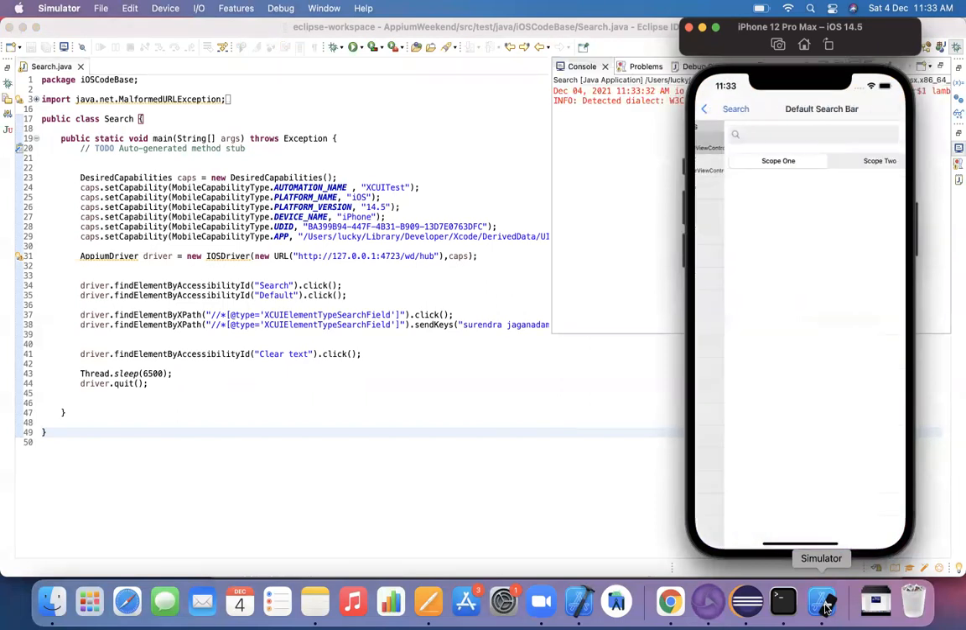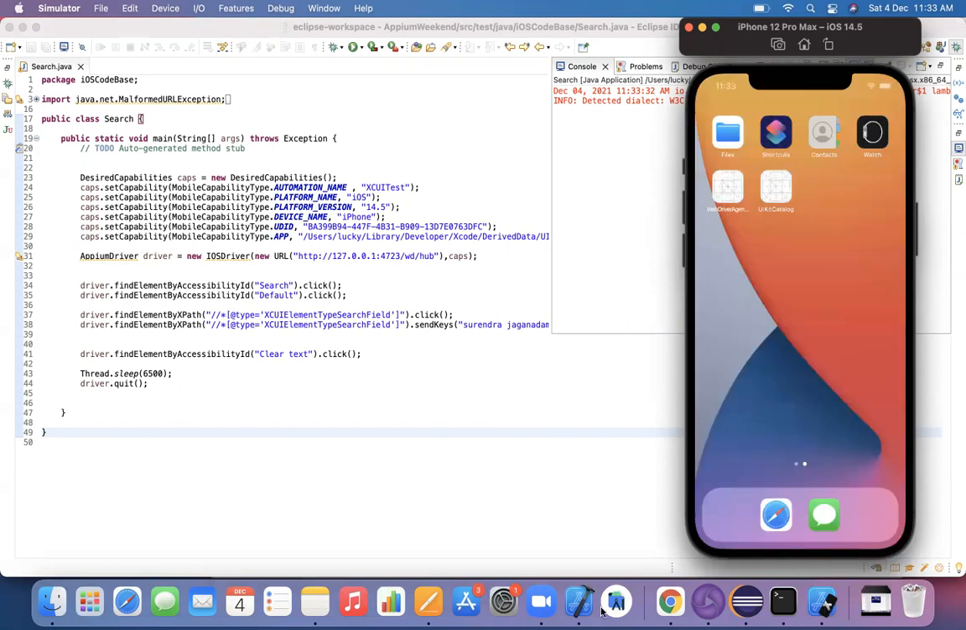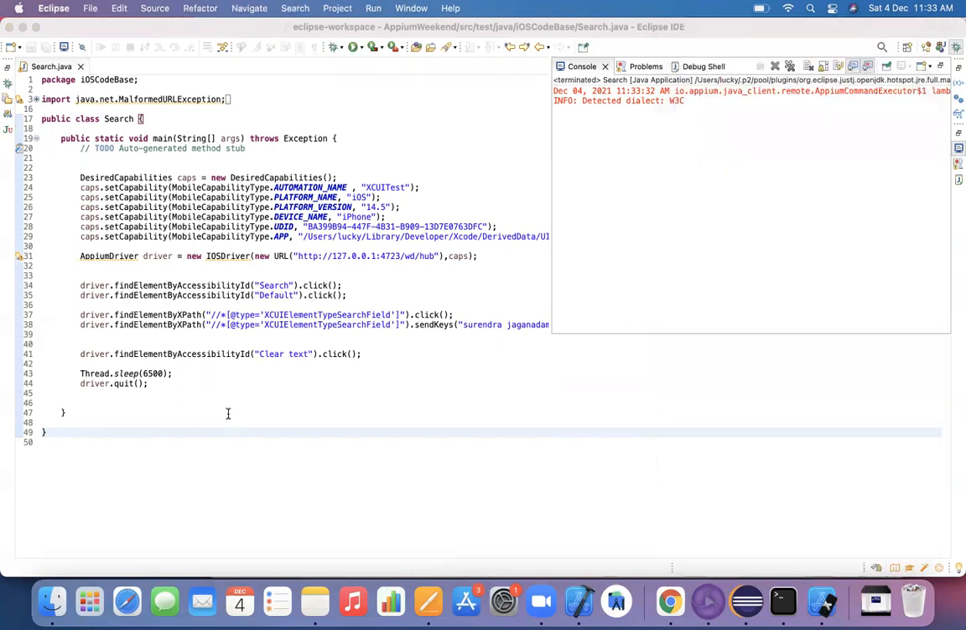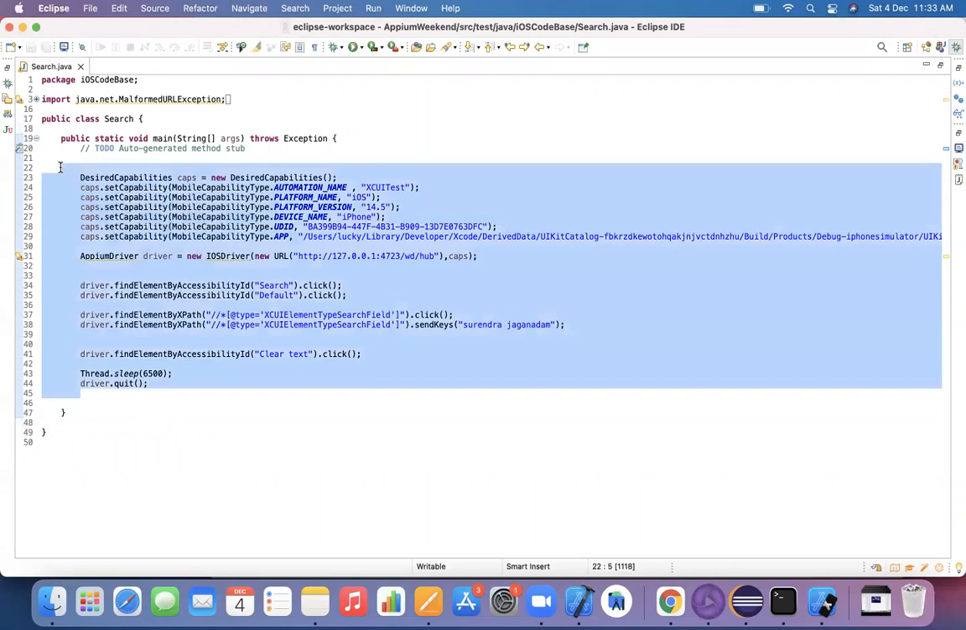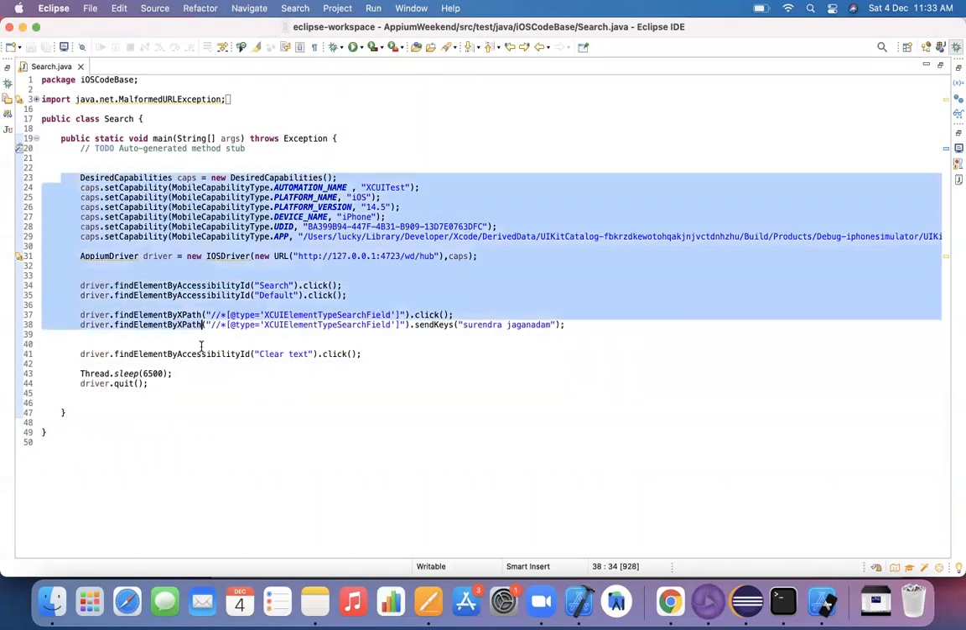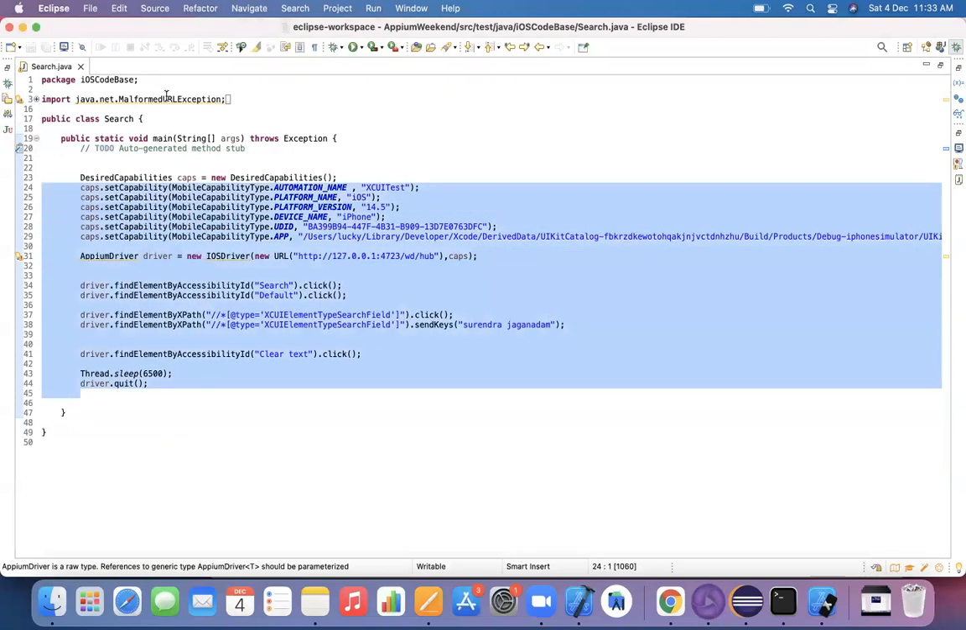So I just clicked on search. It entered the value and it canceled. It performed that operation successfully. After a few seconds, it will even terminate that particular app. Done the deal. So this is how exactly we can perform a basic search functionality operation on this iOS app. Any questions from your